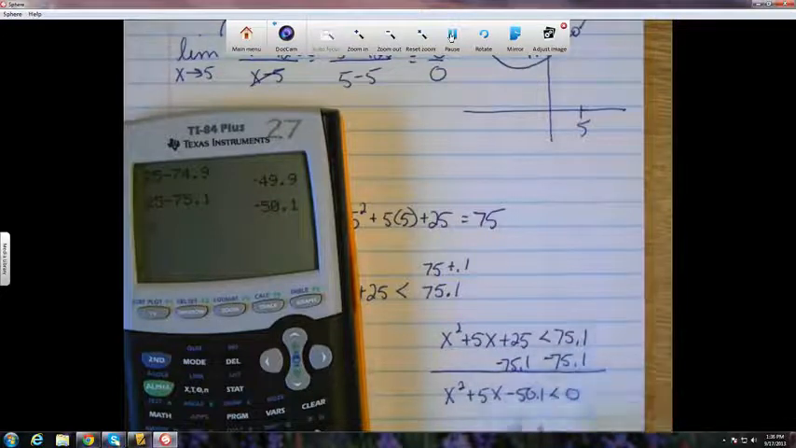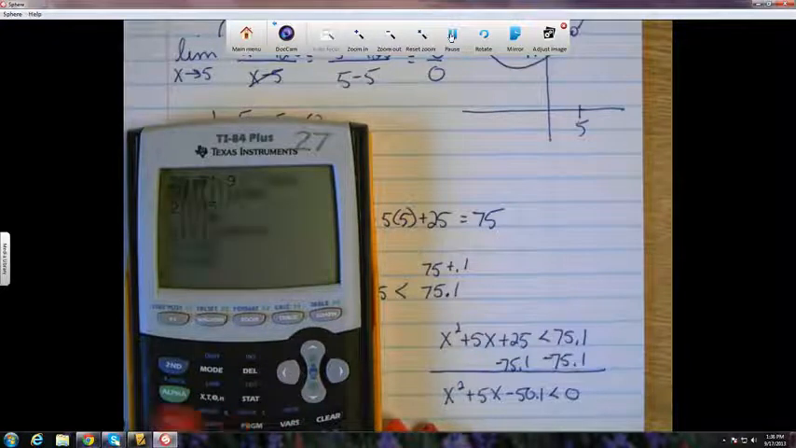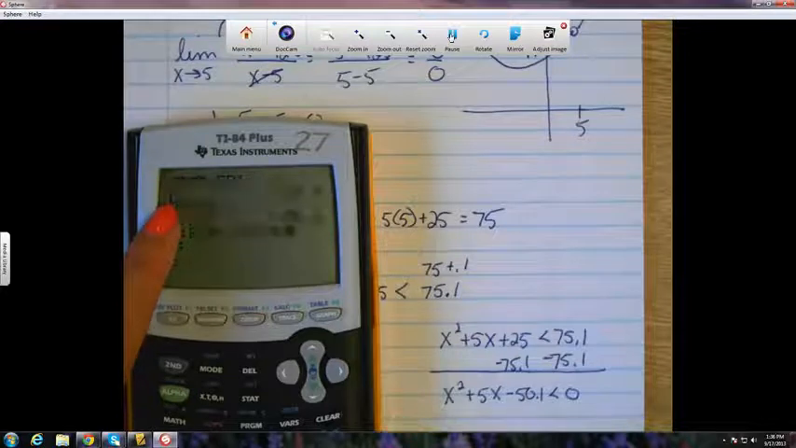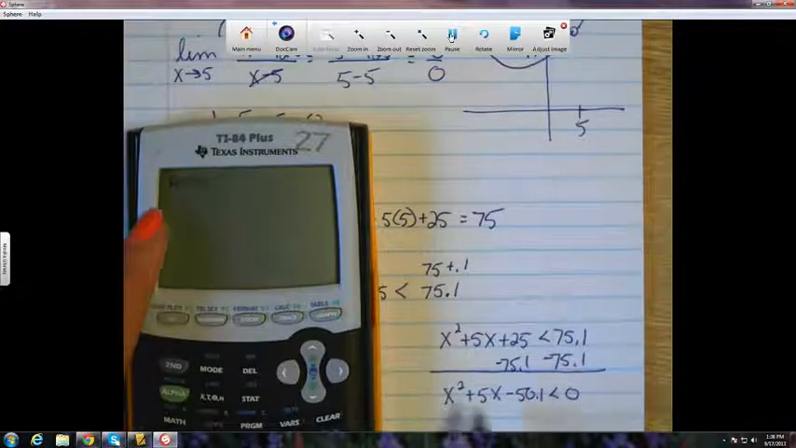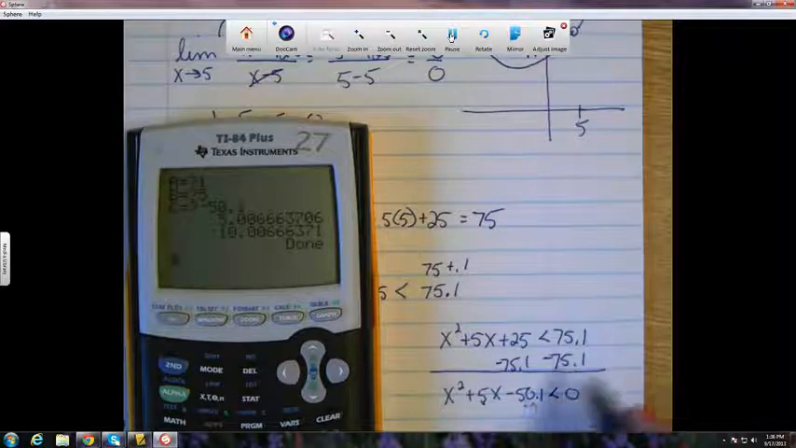Okay, I'll stay here. So if you don't have the quadratic formula yet, you're going to get it. The program I have, there's a lot of them out there, is A111 quad. The A value, remember, is your x squared, so that's 1. B is your x, that's a 5. And C is your constant. Here it's negative 50.1. So x is less than 5.0067 or negative